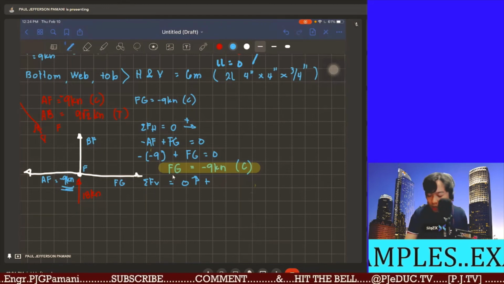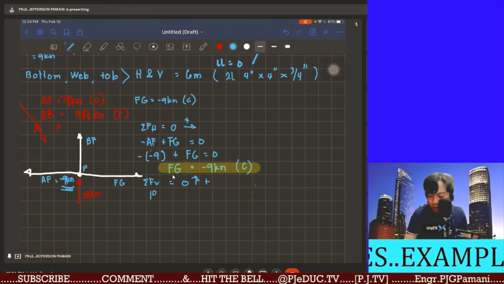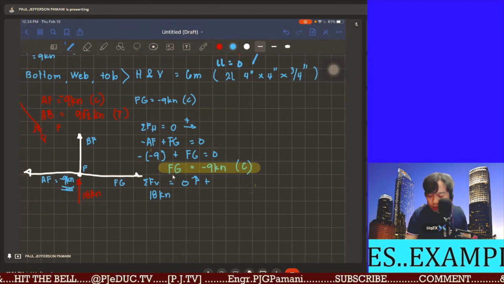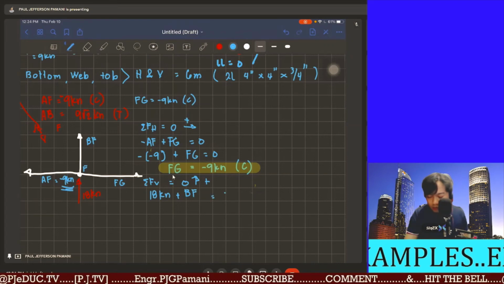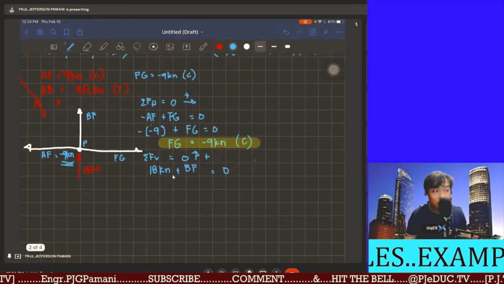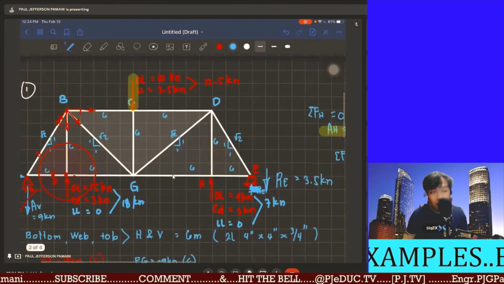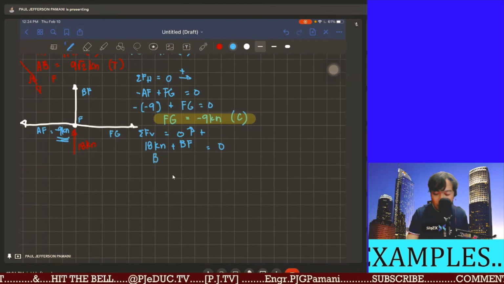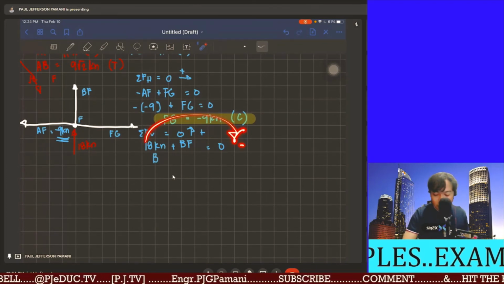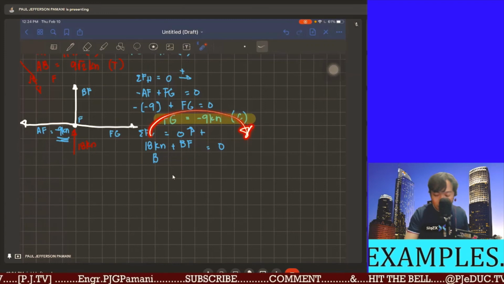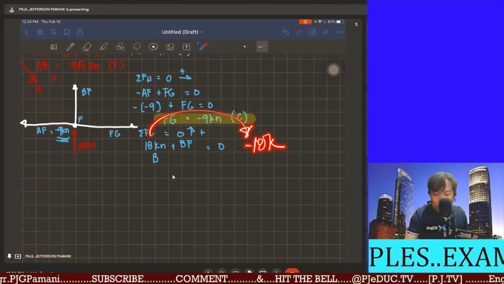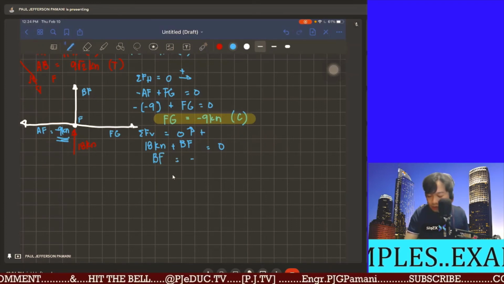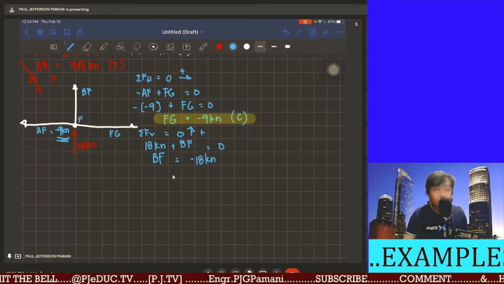Those are your applied load of 18 kilonewton upward and the member BF as assumed positive, BF equal to 0. Meron pa bang iba? Based on our figure, wala na. So summation forces vertical, simplify, transpose to the other side. Diba? That will now become negative 18 kilonewton, right? So BF is simply equal to negative 18 kilonewton, which is pretty much obvious naman dun